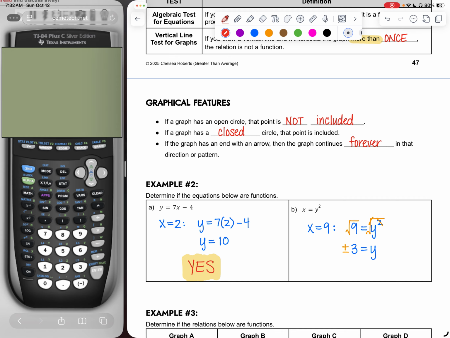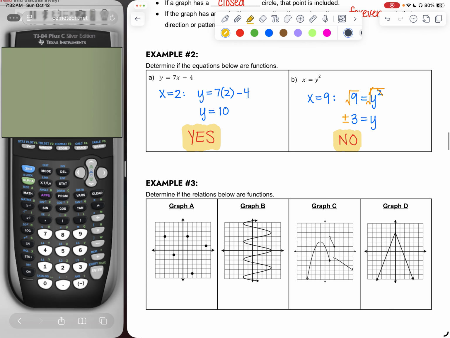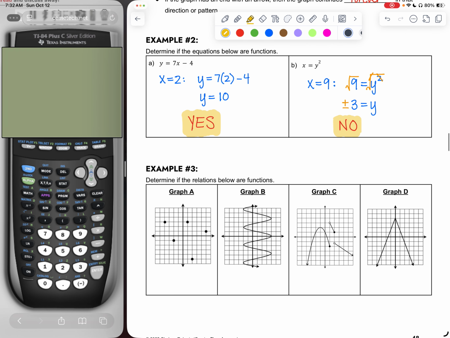Remember, I can only have one y value, and this one would technically have 2. So this one would not be a function, because the 2 points that will represent this would be (9, 3) and (9, negative 3). All right. So now let's look at example 3. These are graphical representations. So remember, if your vertical line cuts through more than once, then it is not a function. So I'm going to make myself a vertical line,